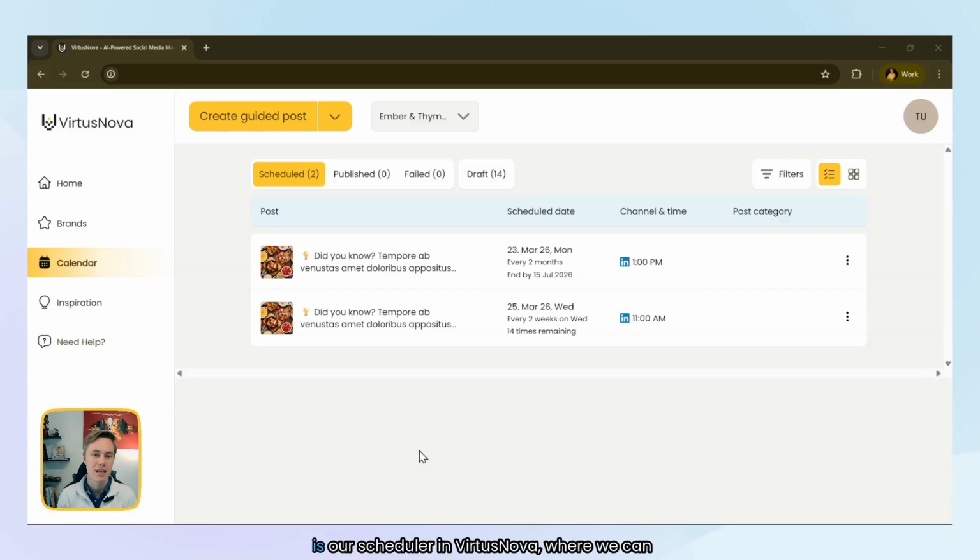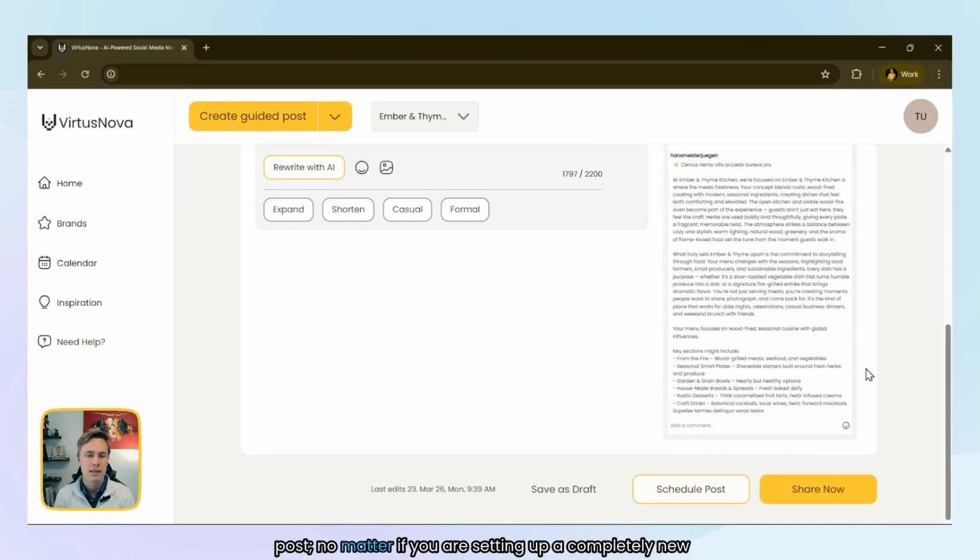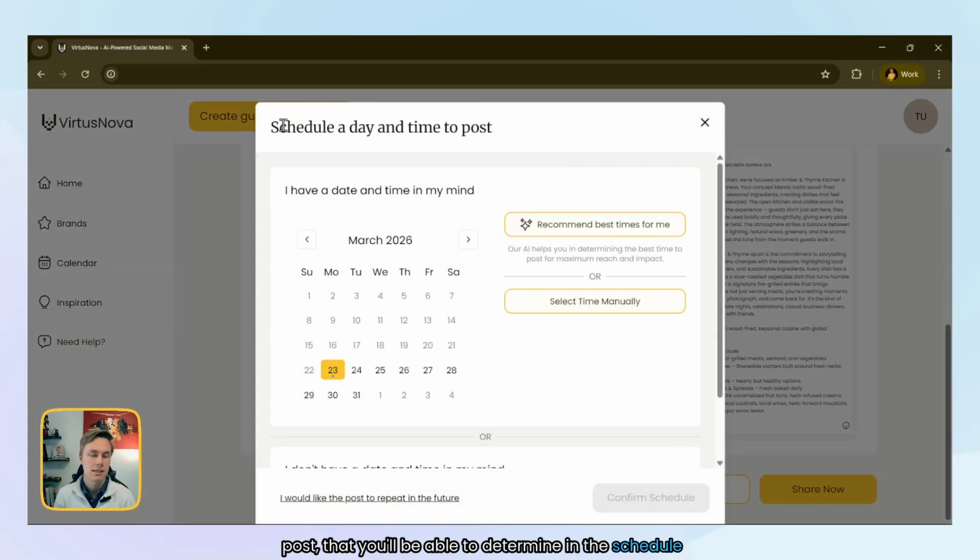What we see over here is our scheduler in VirtusNova, where we can quickly identify which posts are recurring and which ones might only be regular posts. If we, for example, go into our drafts and edit one of our posts, no matter if you are setting up a completely new post from scratch or editing an already scheduled post, you'll be able to determine in the schedule pop-up that I'm viewing over here at the bottom left that you would like to be repeating this post